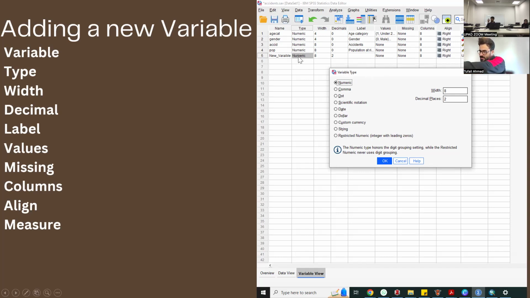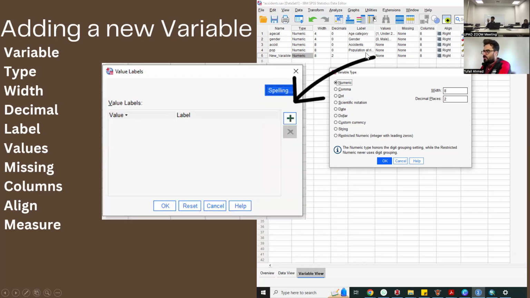When you click the type, you see a lot of types. If it's text data, you describe it as a string. If it's numeric data, you describe it as numeric. If it's comma data, you describe it as comma. And then you can also label it in the label category here, saying that this variable collects data about education.